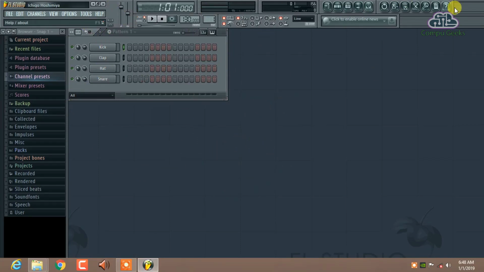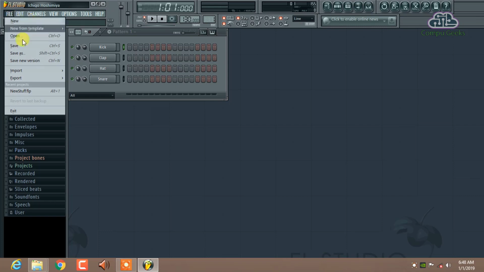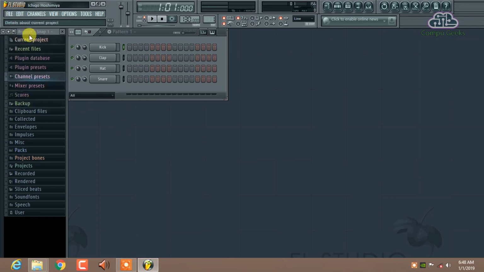When it opens, the interface looks like this. First you see FL Studio 11, then minimize, maximize and close are here. The file option, where you save your project, is here. This is the project rack and file browser. This is the step sequencer, and this is